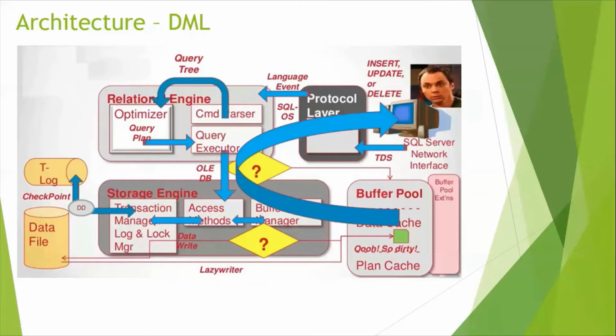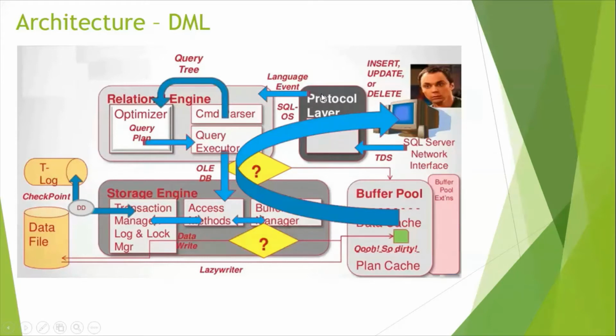For example, if the packet size is 4 KB, once the 4 KB is completely full, it will be sent to the next protocol layer, right? Whatever packet size is required, once it is full, it will be sent to the protocol layer as TDS packets. So from the SQL network layer, the TDS packet will be sent to the protocol layer at the SQL Server,